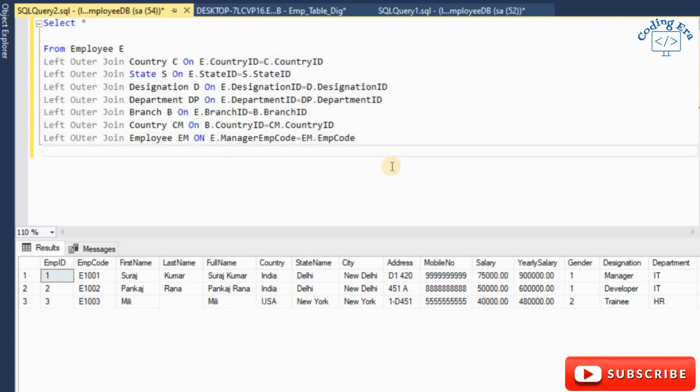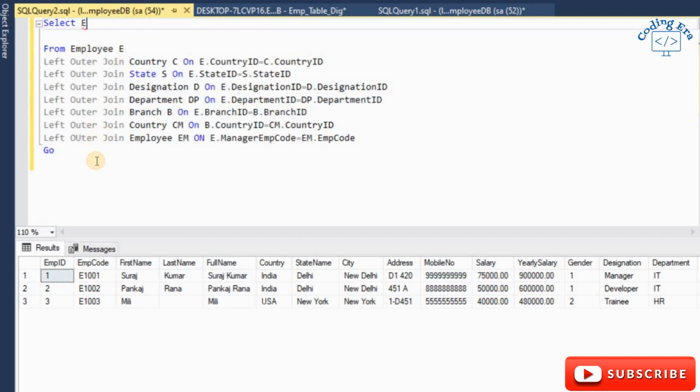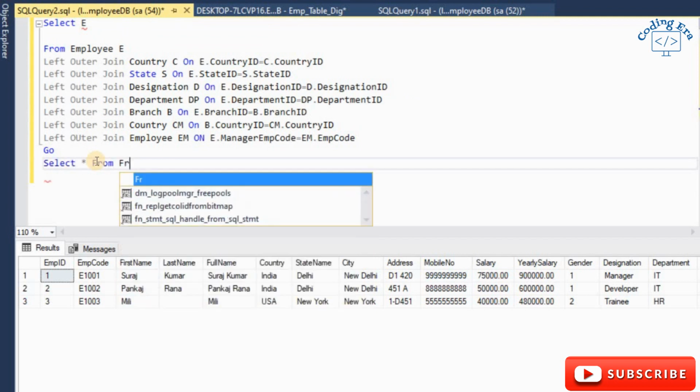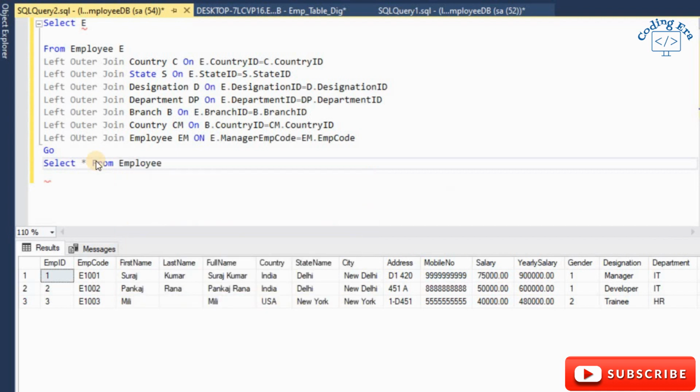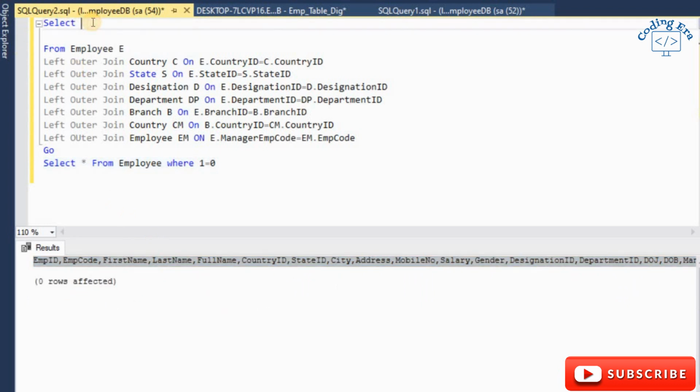So now I will put column names here. First I will put column names of the employee table. I have to use all columns of employee. So I will first fetch all column names from the employee table, and for this I will write where 1 is equal to 0, and I will fetch all column names from the employee table and paste here.